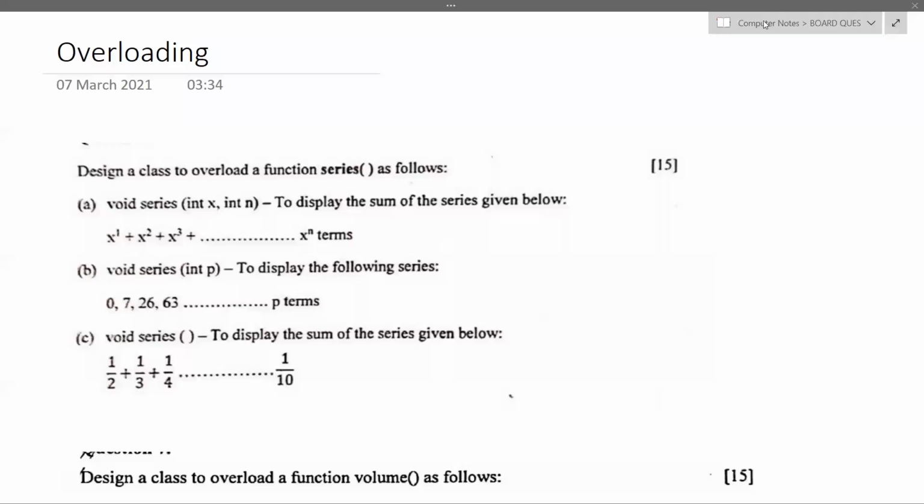So the next series that we have is 0, 7, 26, 63. Now what you have to observe in this, this will come only with practice, but the first step is to write the term number: 1, 2, 3, 4. Then you can see it is actually 2 cube minus 1, 3 cube minus 1, 4 cube minus 1. So you have to do like this. This will come with practice, the more you practice. Okay?